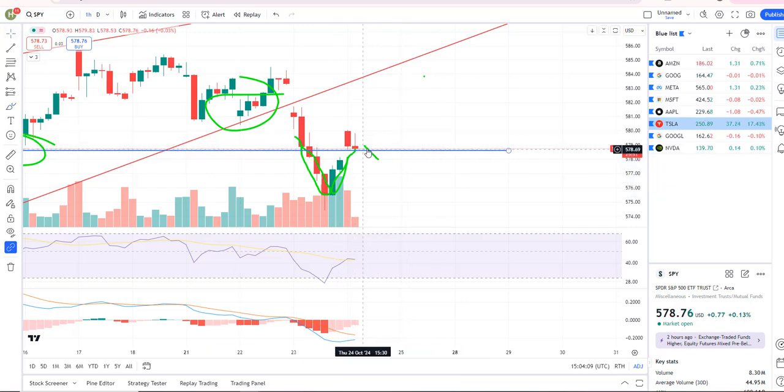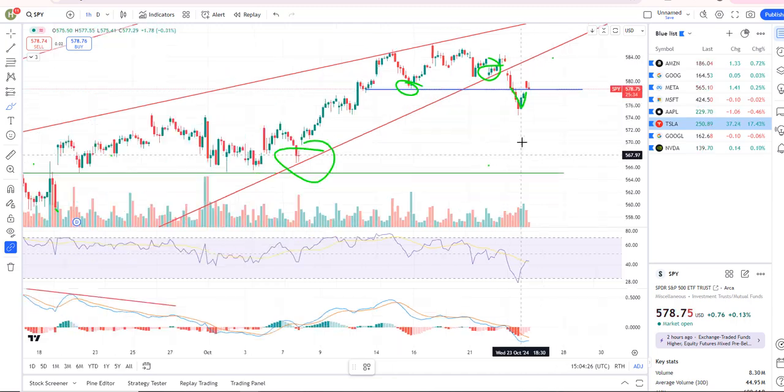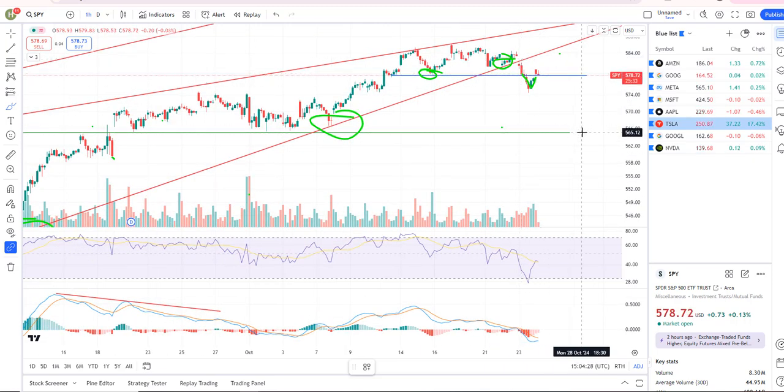Now, if we start to get a green candle and maybe get some sort of a close above there, then I think that could set us up for that back test. So it could go either way. In general, though, it's sell the rip. So it's no longer buy the dip, because over time we should head lower down to that 565-ish,